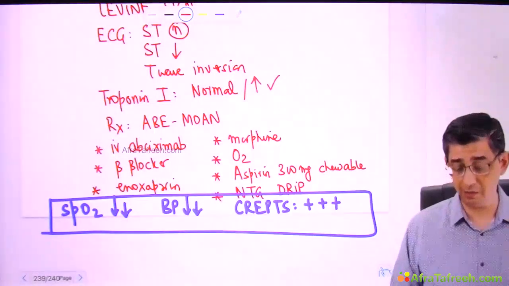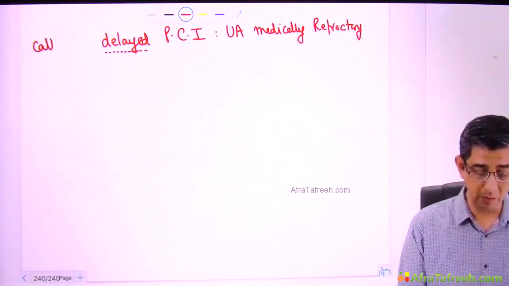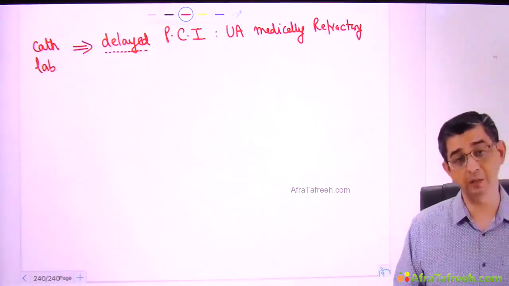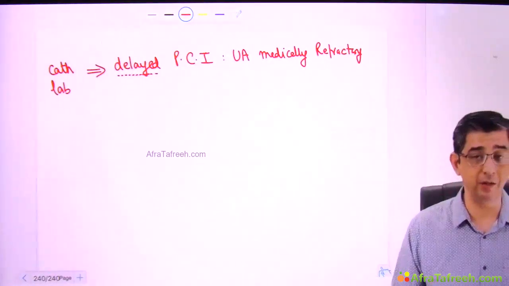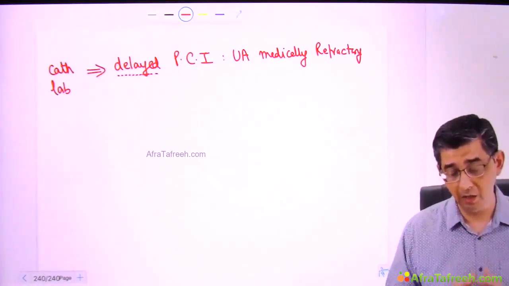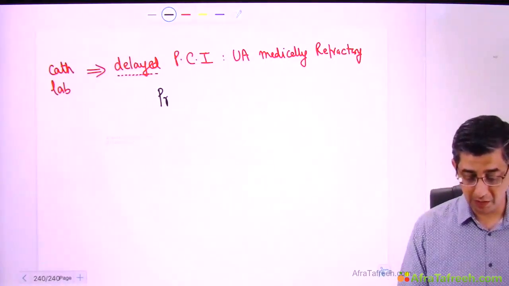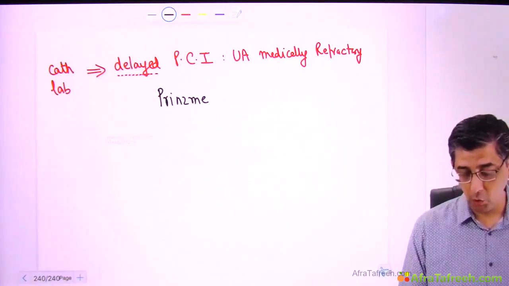So if he's not going to respond to my treatment, yes, I will take the person up to the cath lab and we'll be doing a procedure of balloon angioplasty, and that would be treatment of unstable angina. But this is not the first line treatment. This is a backup treatment only if the person does not respond to the treatment that you have offered him initially.